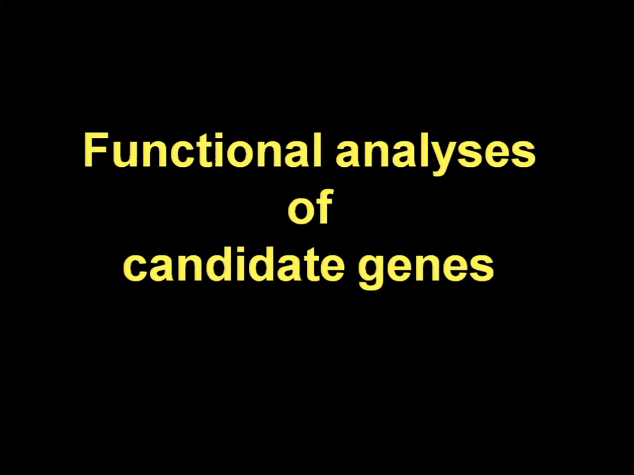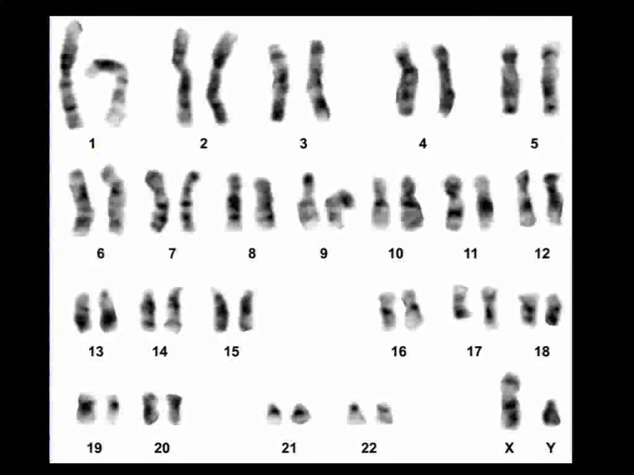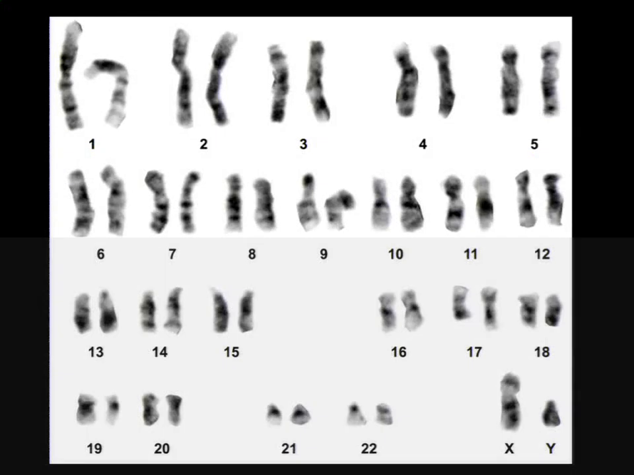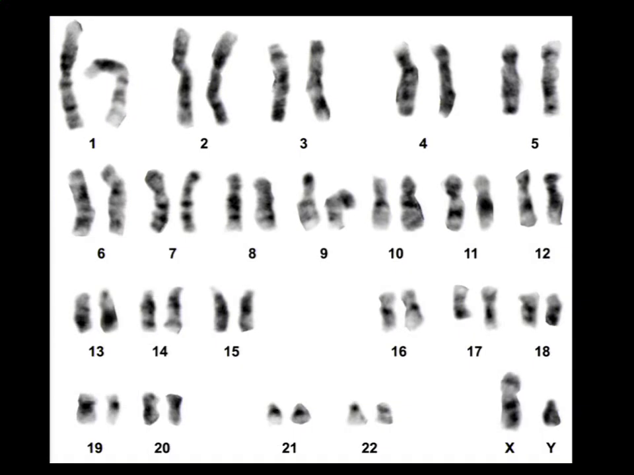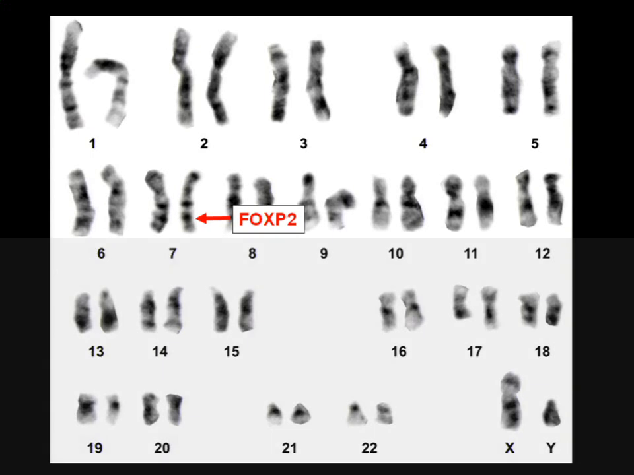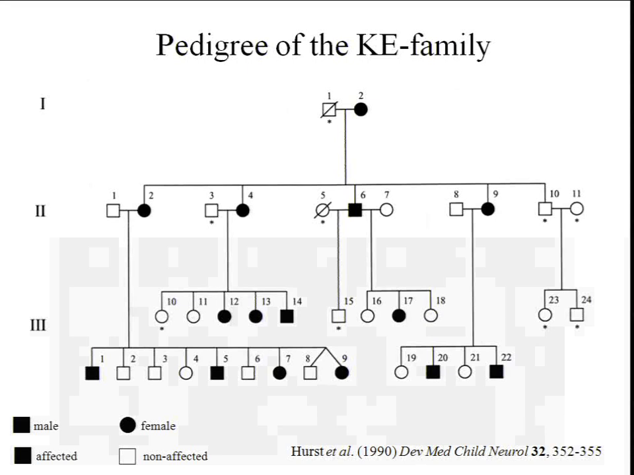But how do we take the next step and actually prove our point and show that some specific change here is actually of functional importance? So we need functional tests, and I want to illustrate that with one gene we're interested in over the last 6-7 years, this gene FOXP2 on chromosome 7, which was identified by Tony Monaco's